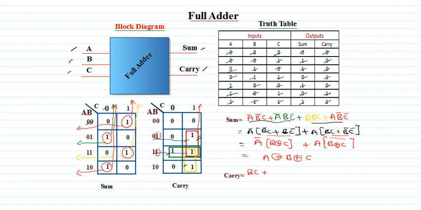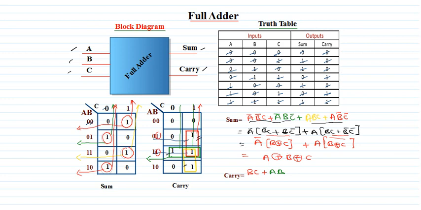Plus for the green line, if you see horizontally, we have only this line, so both A and B we have to consider here. Vertically, it corresponds to this column and this column, but here C has a different value in both columns. That is the reason we will discard that value.